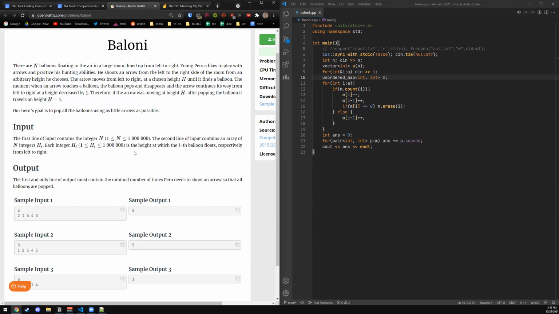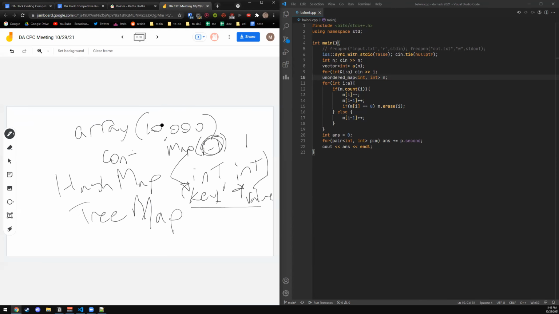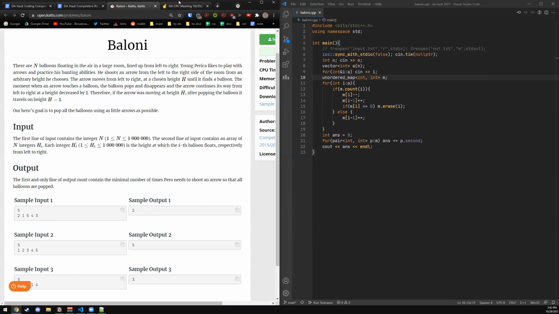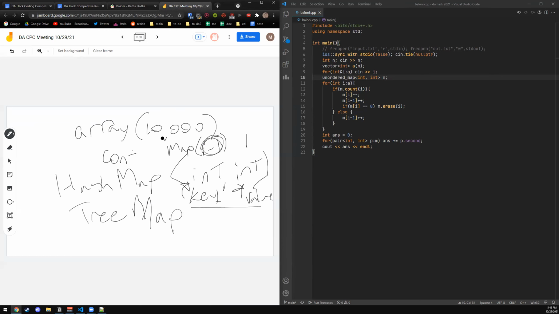This is 1 million. 1 million is kind of pushing it, but I guess you can make an array of size 10 to the 6, but 10 to the 7, I think that's kind of pushing it as well. Maybe you can make an array of length 10 to the 7, but